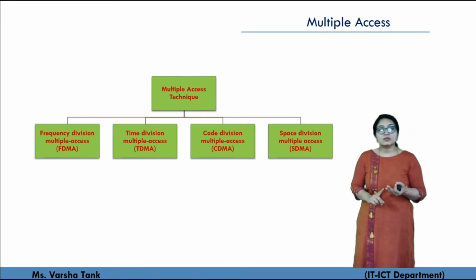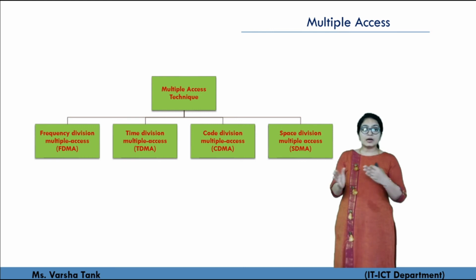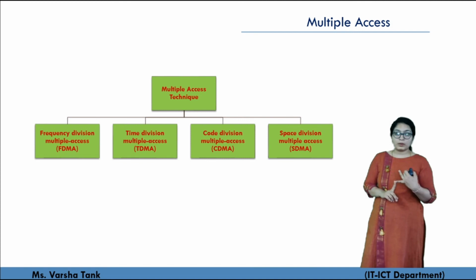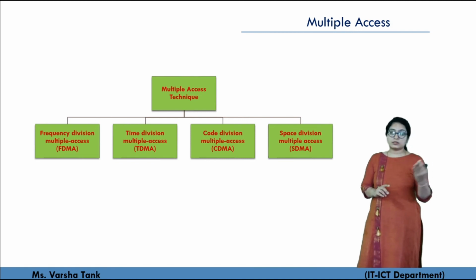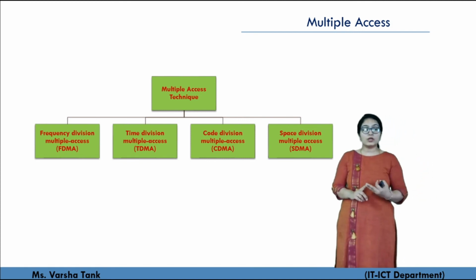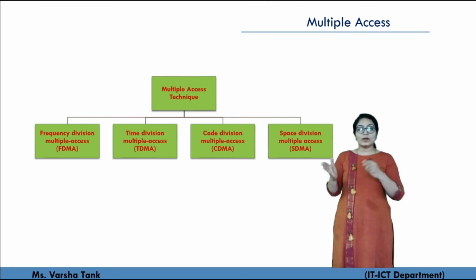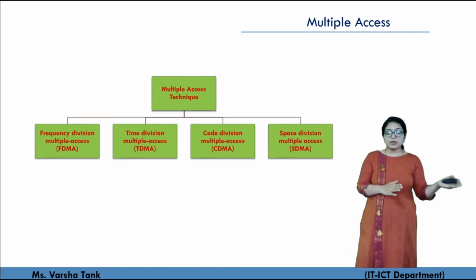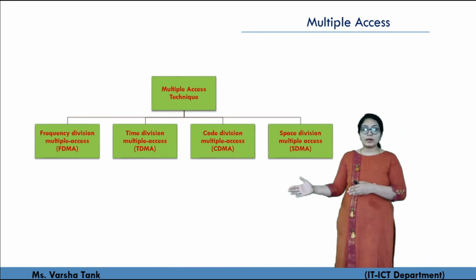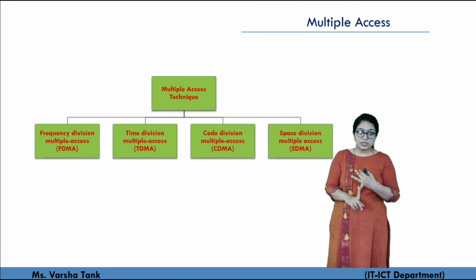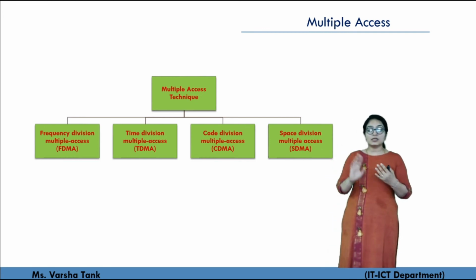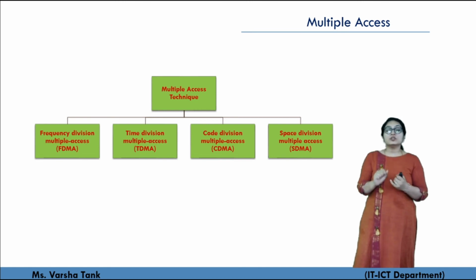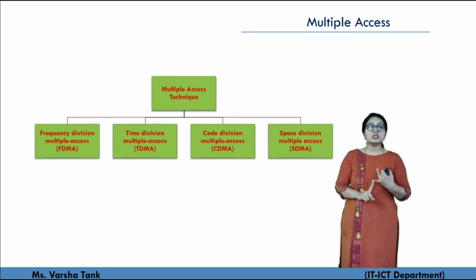Now when we are considering multiple access, for example time division multiple access, we should know about time division duplex. Duplex means there are different channels for downloading and for uploading. When we talk about the mobile station to the base station, that channel is uploading, and the base station to the mobile station is known as the downloading channel. These are two different channels, one used for upload and one for download. At that time we should use time division duplex.